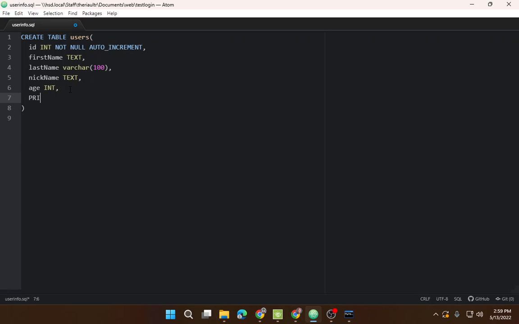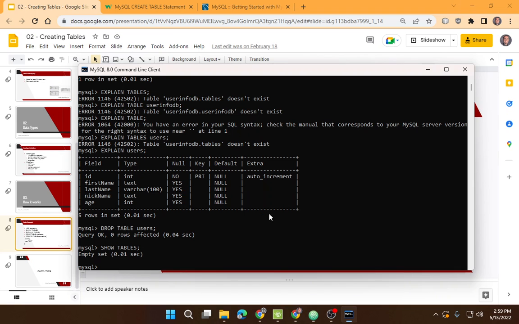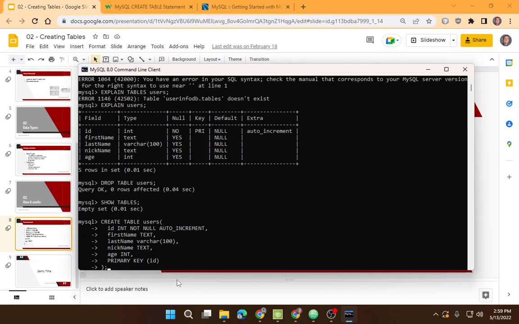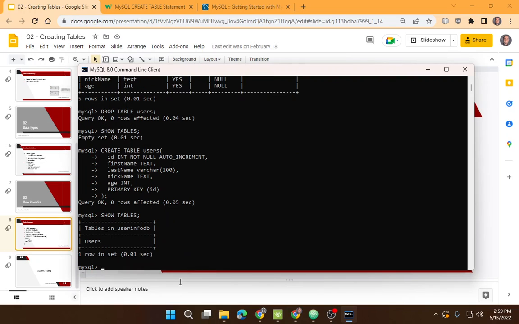Last one, primary key ID. All right, no comma, that's the end of it. I can save this. And then I'm going to put my semicolon there, save it again. You can copy this